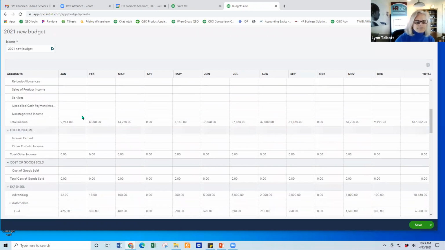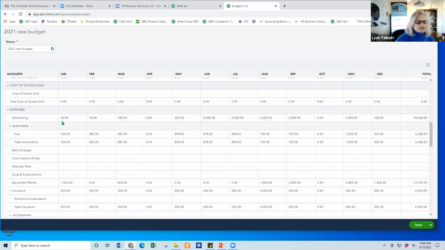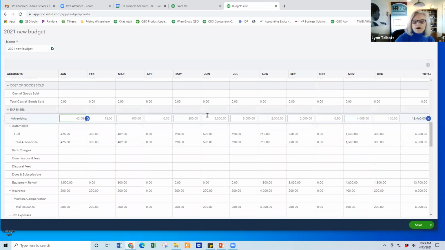So when we skip down to this line, I think we were down here just looking at, let's say, advertising, and maybe, see, they go way up in the summer and then they go down, but maybe your advertising is something that you have set, you have requested somebody to do your marketing, and let's just say it's $1,500 a month. That's what you're budgeting. You can click the 1,500, and instead of having to enter it, we're going to use this handy dandy little tool. And when I click on it right there, it should,